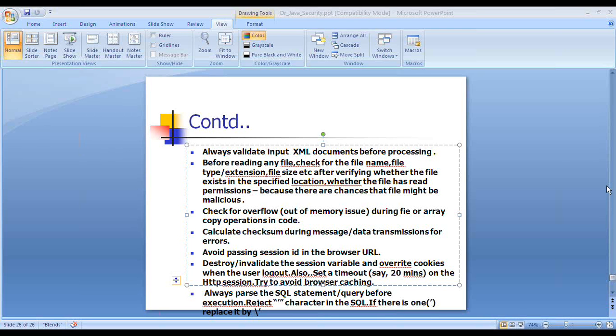PMD. See, PMD is a tool, basically the programming mistake detector. It detects, see, in the Sun Java coding guidelines, there are some of the best practices, and some of the programming practices are there which every Java developer must use while developing any code. So if any of the best practice is missing,